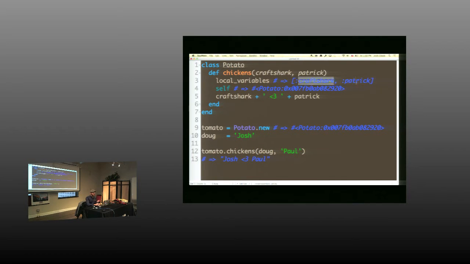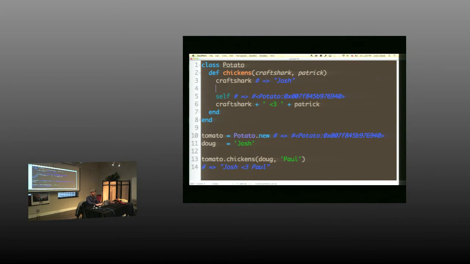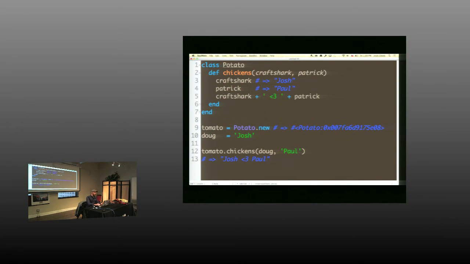We got a craft shark, we got Patrick. So that means I could look up the craft shark, and I would, of course, find the string Josh, because it got set right there, which was passed in from right there, which was looked up from the local variable that we saw set here, which was Josh. So the string Josh is the value at that local variable, and we've got the Patrick here. And we can see that Patrick is the string Paul.